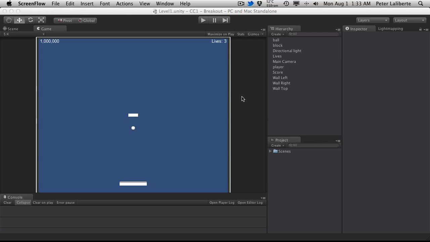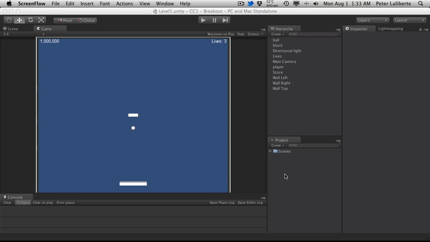Now the first thing I'm actually going to start working with is our little player paddle down here. And well, there's really not a whole lot we have to do now. I think setting up is probably most of the work. But let's go ahead and create a script for our player paddle down here. And let's set up the input so that when the player presses a certain key, we can move it left